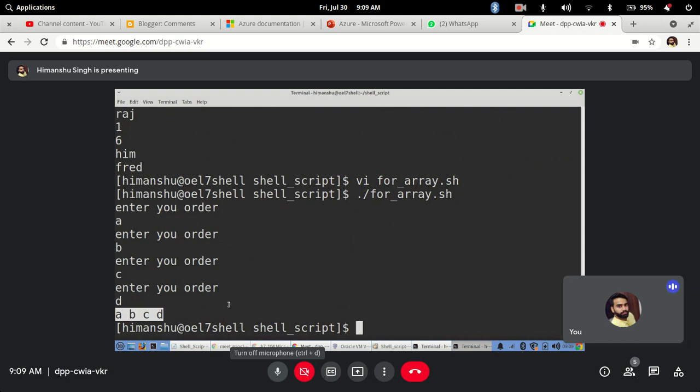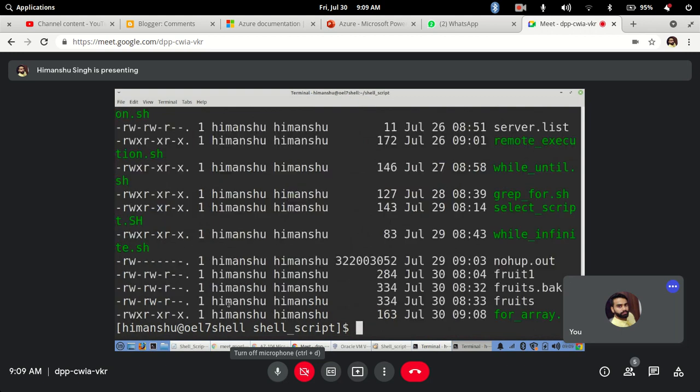Based on that it will start working. So this is how your array works in your shell scripts. Any doubts?